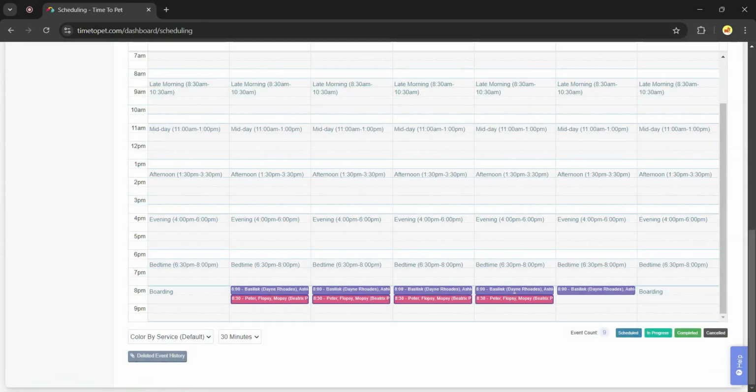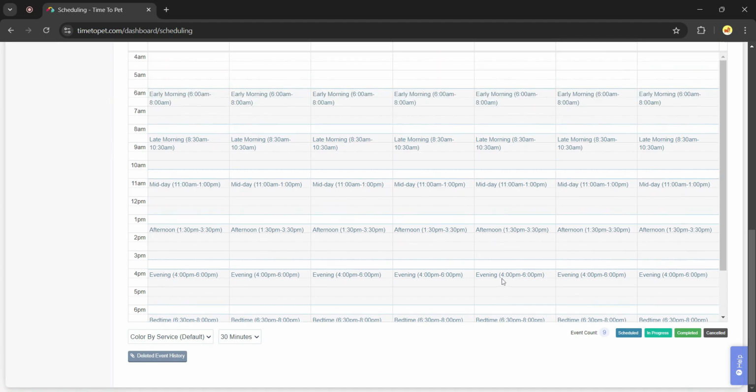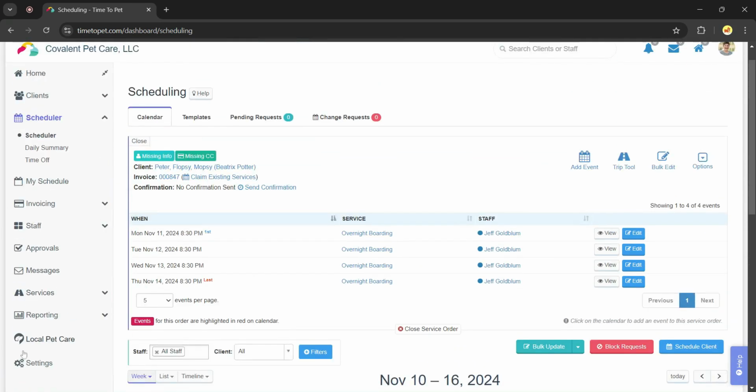To make it easy for clients to request overnights or boarding through the portal, it's recommended that you set up a schedule block called overnight or boarding so that it's clear to clients which time frame they should select for their overnight or boarding request. Then you can limit your overnight or boarding service to that schedule block so clients can't accidentally choose a different schedule block. To do this, navigate to Settings,